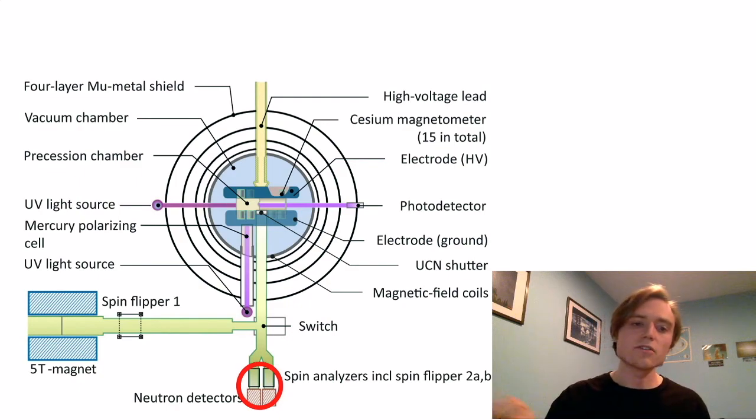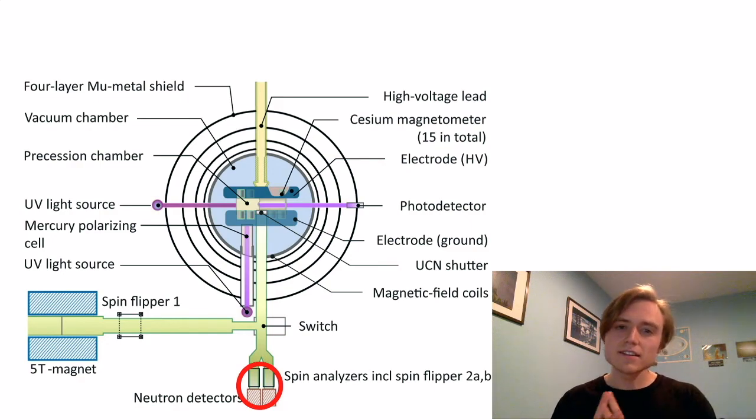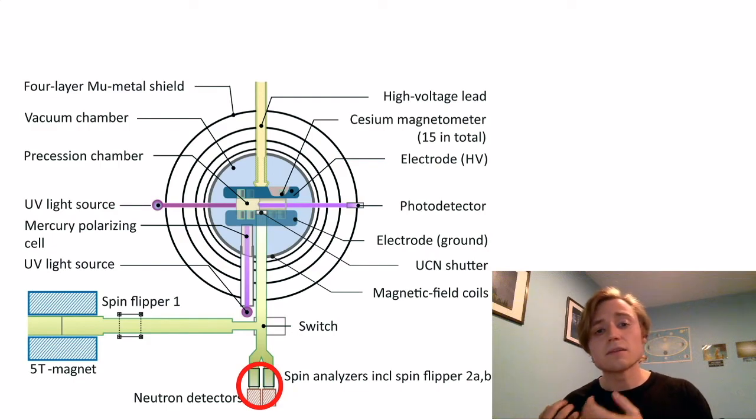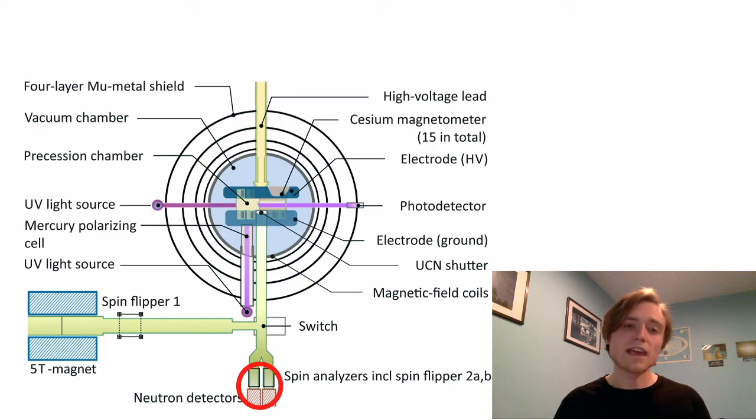They send the neutrons in, they put them in this chamber where they fire lasers at them to adjust the spin so that they'll then Larmor precess, and then they do this a few times and change the electric field inside the chamber. Then they read out the number of neutrons that have a certain spin up and the number that have a spin down. And this difference between the two is known as the asymmetry. And this asymmetry is crucial to the measurement.